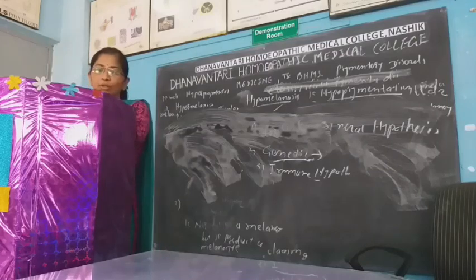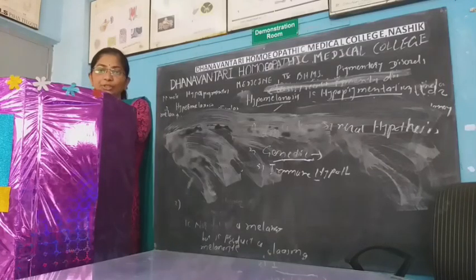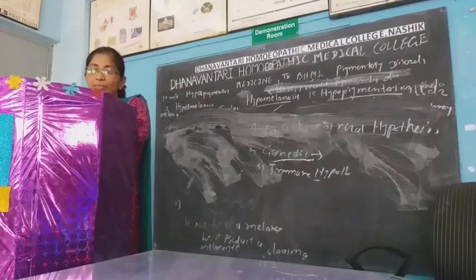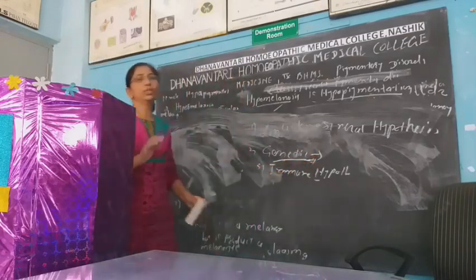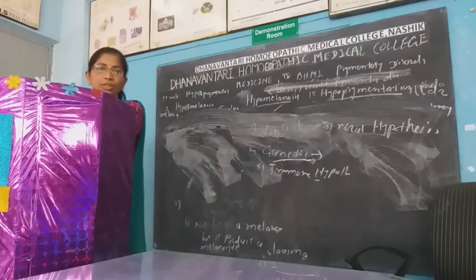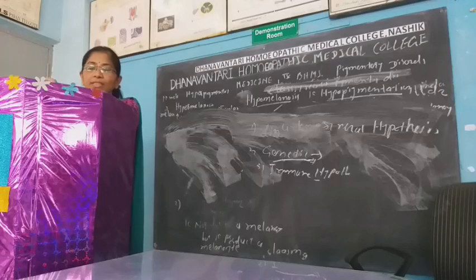So now see about the incidence. It affects 1 to 2% of the population only. Not too much of the population is affected. Most common age of occurrence is 10 to 30 years. Family history is present in 20 to 30% of cases. Genetic is one important cause, but only 20 to 30% of cases show a family history. And 10 to 30 years of age is the more common age of occurrence.